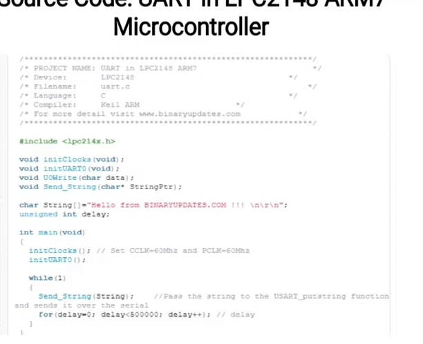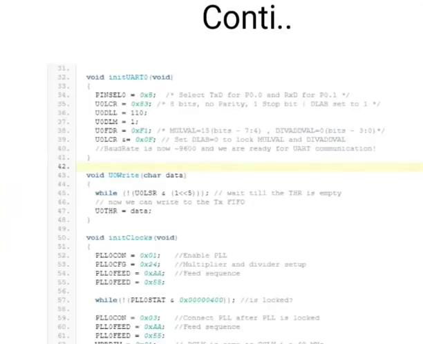Next is U0 write. So while U0LSR and 1 less than 5, wait till the THR is empty. Now we can write to the TXFIFO.